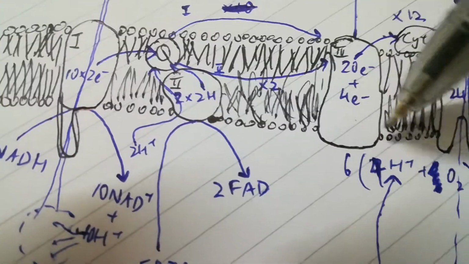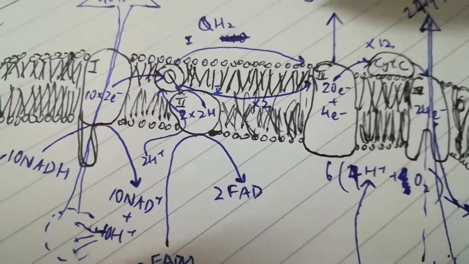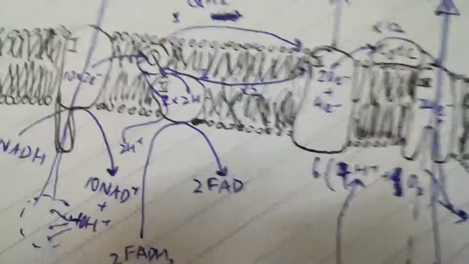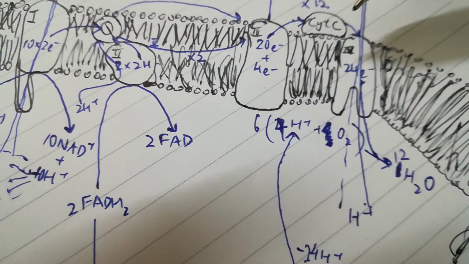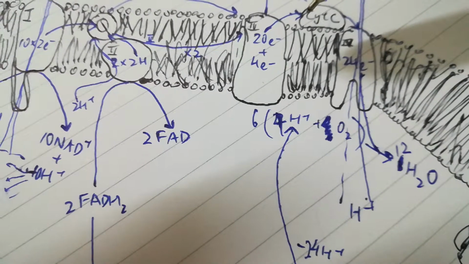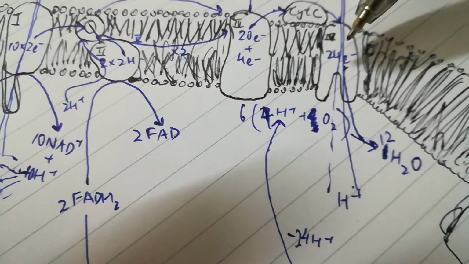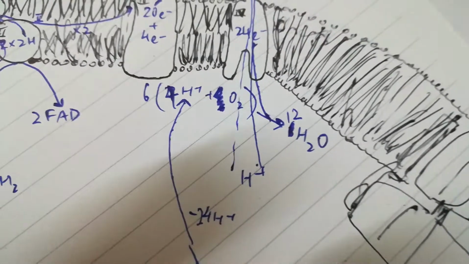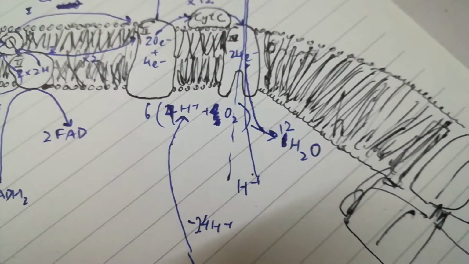And with these electrons, ETC number 3 pumps H plus ions into the inner membrane space, which then the electrons get transferred to cytochrome C. Cytochrome C transports these electrons to ETC number 4, which is the place where H plus ions and oxygen get reduced into water, hence balancing the whole equation. So it is estimated that for every NADH molecule